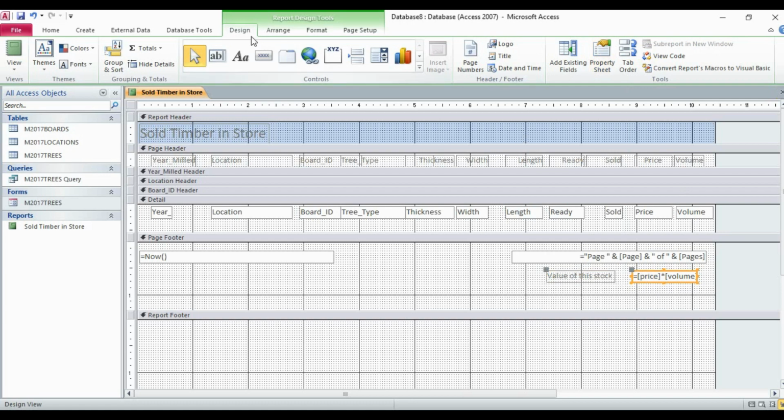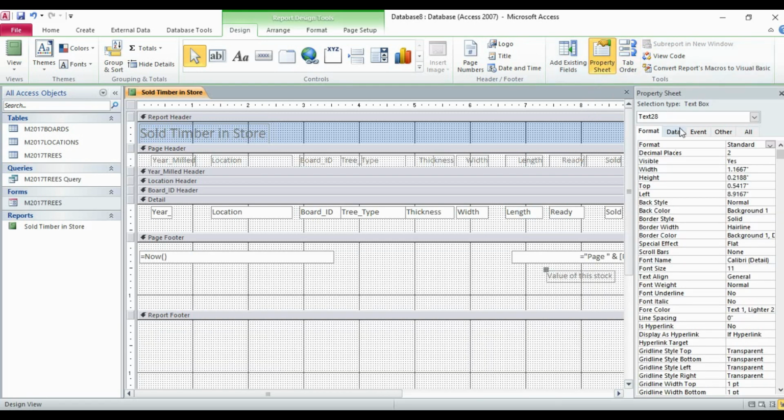Now under the design tab, you have the tools group. Under the tools group, you have the option property sheet. Whichever text box you select, the property sheet will be available for that text box. You click on this property sheet. Now this is Text28, so the property sheet for this text box has been opened. Now you have to choose format as currency.